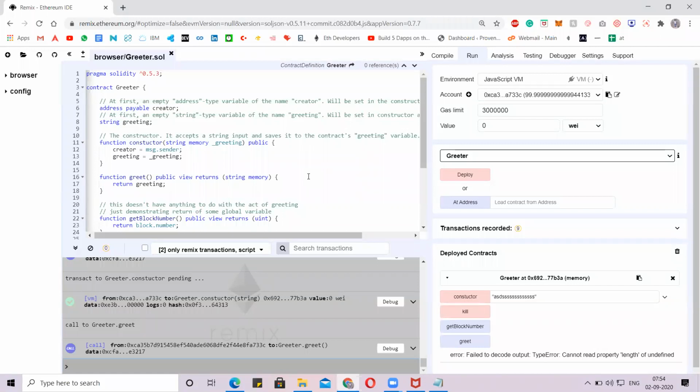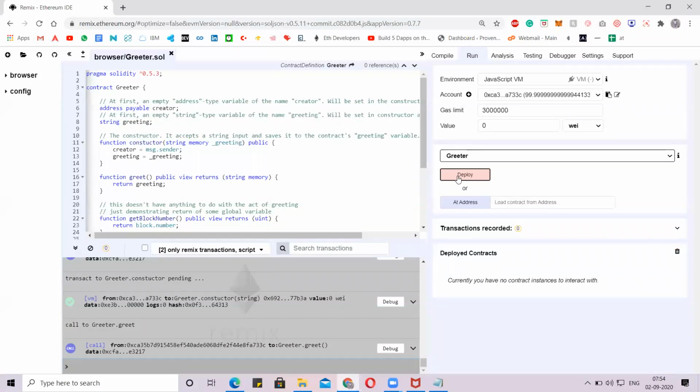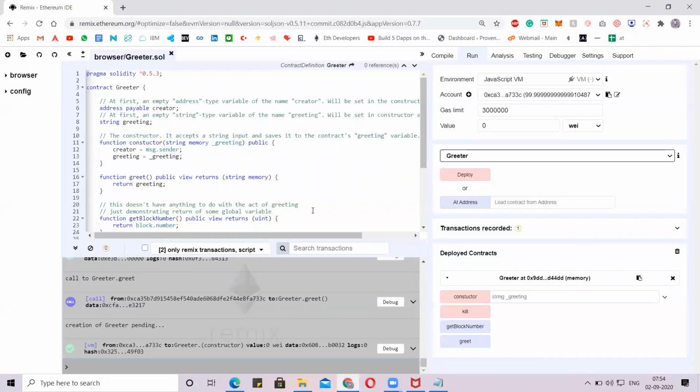Yes. See, once we kill the contract, there is no chance of going back to that contract again, and no chance of getting the data from that contract again. We are doing this kill function on our own contract. Once the contract is killed, it will remain present on the blockchain, but we can't get data from it. So what we need to do is delete this contract for now and deploy the contract again. Is that clear?